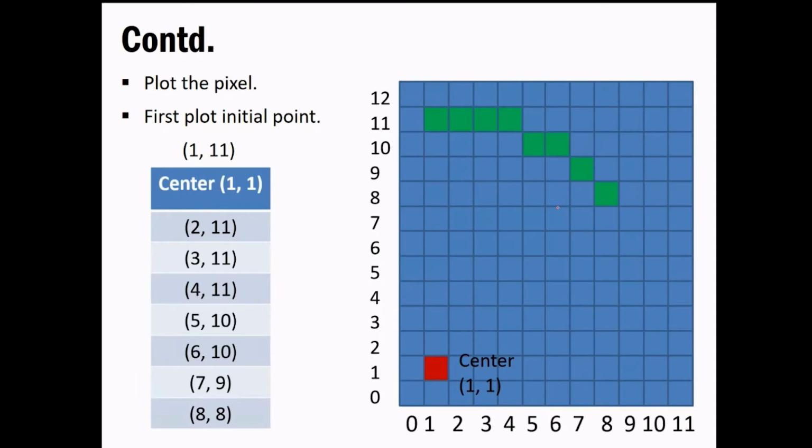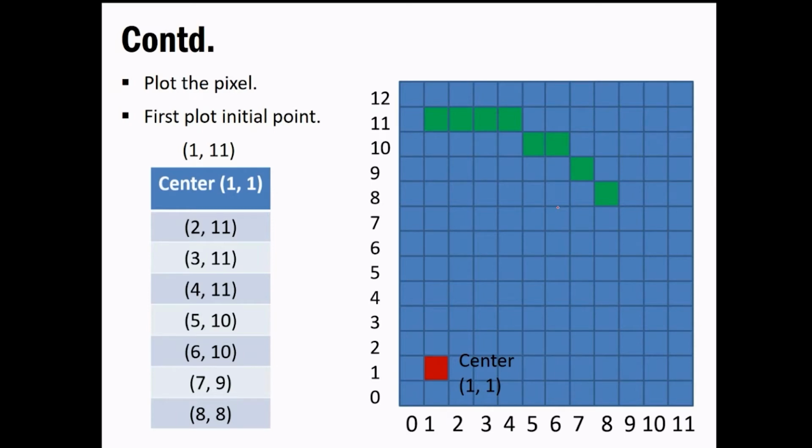Out of the candidate pixels you have one thing that is the midpoint, and then we used the circle function. Based on the circle function we derived the decision parameter, so that we could get an idea which candidate is closer or farther away from that particular midpoint. If it is closer, then you just take that pixel and put it in your table. So this is the complete thing for circle generation.